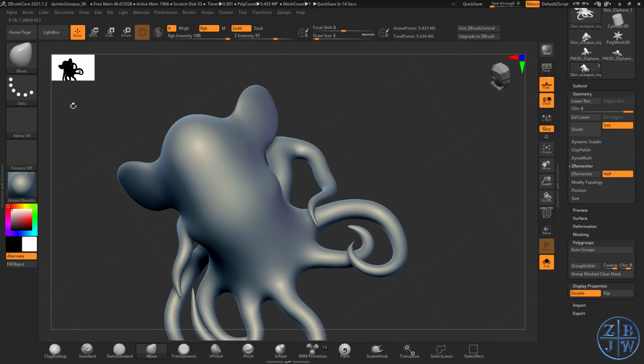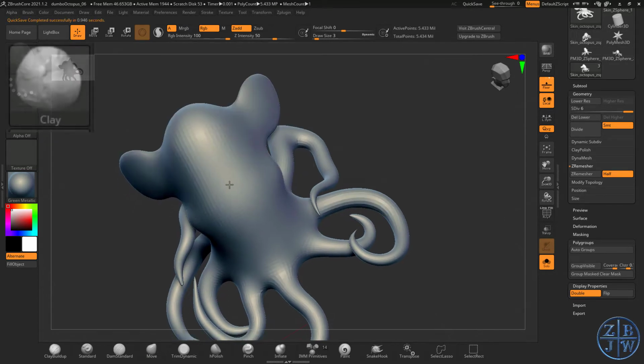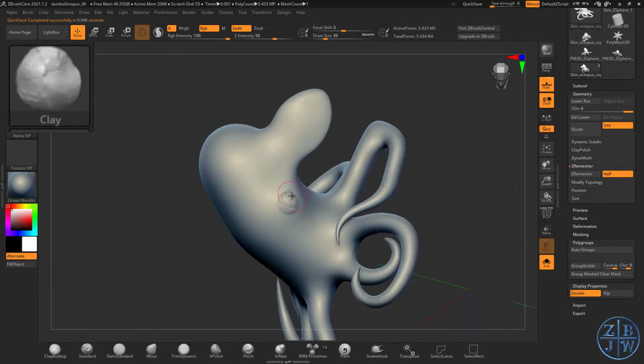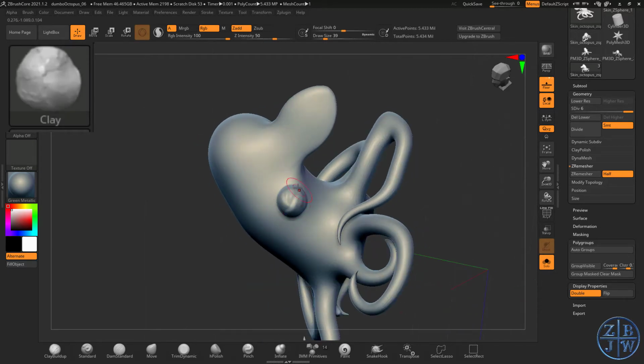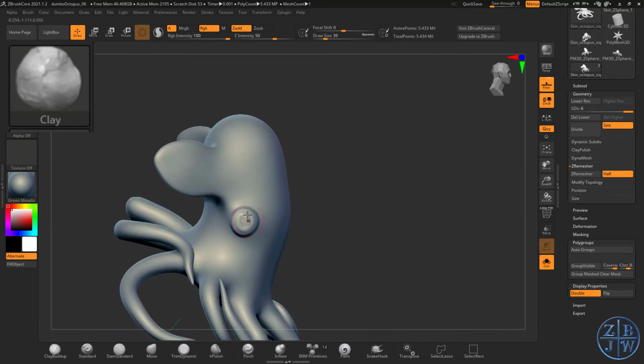And now I'm going to switch my sculpting brush to the clay brush and increase my draw size and start to sculpt. And I'm just going to block out some of the details. So I want to bring the eyes back right here. Also, I'm going to sculpt the rest of the model asymmetrically because I think that'll be more fun. At this point, the legs are already asymmetrical. So I'm just using the sculpting brush, the clay brush,